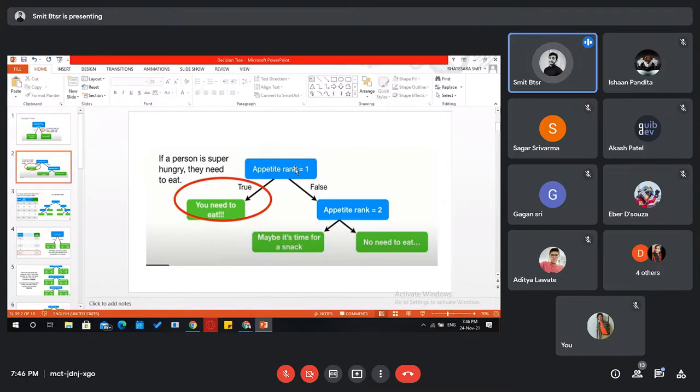So if you think about it, there can be little weightage to different questions, and some questions are a little bit more important, so we should ask them first. When you see the example now, you will be clear. What we will do now is decide which questions to ask first, because as we see in the example, if the answer is true, we are on a different path. If it is very hungry, we are on a different path. We are not going on this path. We would not ask should I drop you to the school if they are not already late.